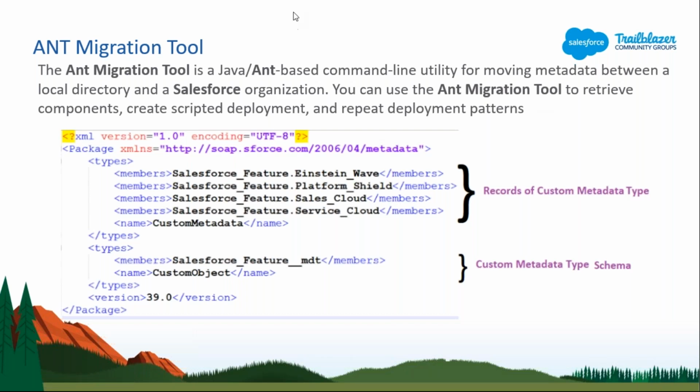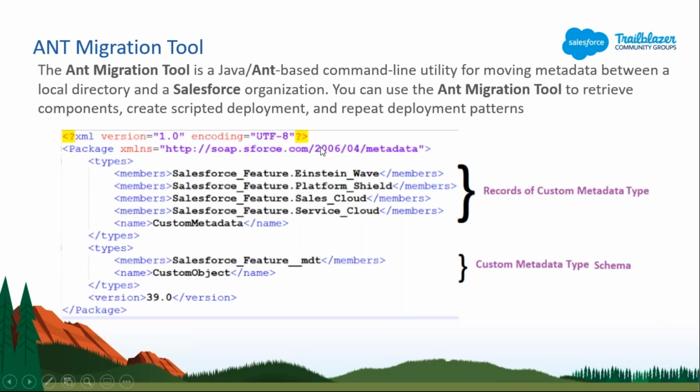You just need to add all those components inside this package file. There will be a package folder, and inside that you will have this package file. If you add anything, like any custom object, validation rule or custom field, it will be deployed to the destination environment.